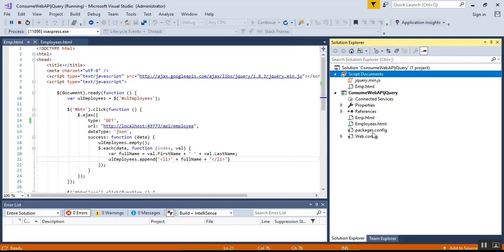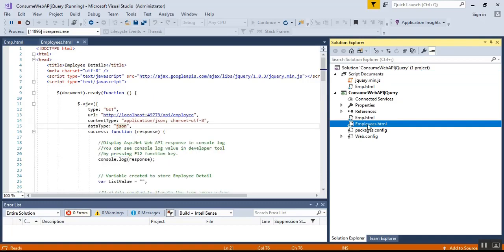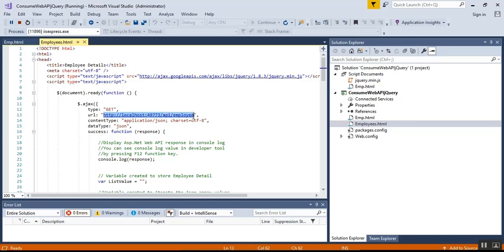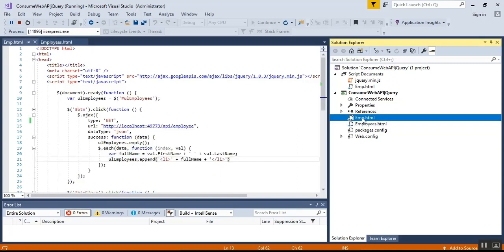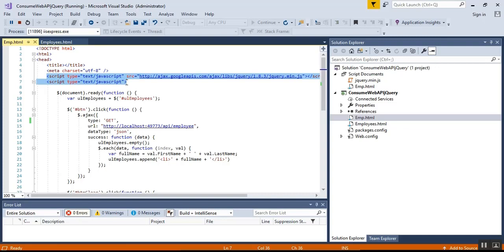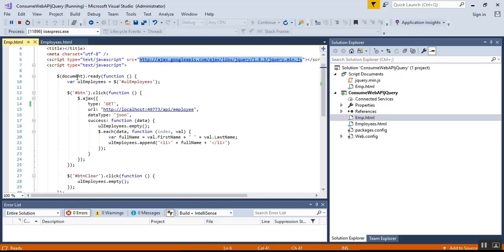Alright, so in part 20, I already showed you in employees.html how to consume ASP.NET Web API. But in this video I have created one more file, that is emp.html. Here I have used the script type JavaScript. One is a CDN, you can see this is the CDN URL for the JavaScript support, and in the document ready